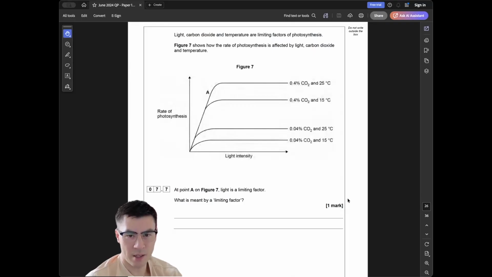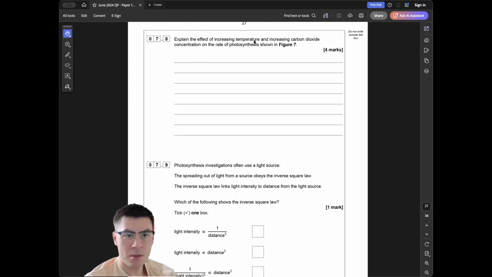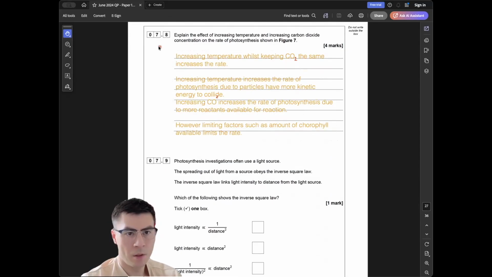by light, CO2 and temperature。呢度越嚟越多 light，呢度就個 rate of photosynthesis 係 increasing。咁我哋見到 0.4% 個 CO2，咁我哋係會低，但係我哋俾多啲 CO2，佢係個 rate 會高啲。Definition of limiting factor 就係佢會 prevent 個 rate from increasing。Explain the effects of increasing temperature and increasing CO2 concentration on the rate of photosynthesis。OK，for 呢個 question 你要睇翻個 graph，咁要講4樣嘢啦。咁第一樣嘢就係你見到 increase 個 temperature while keeping CO2 the